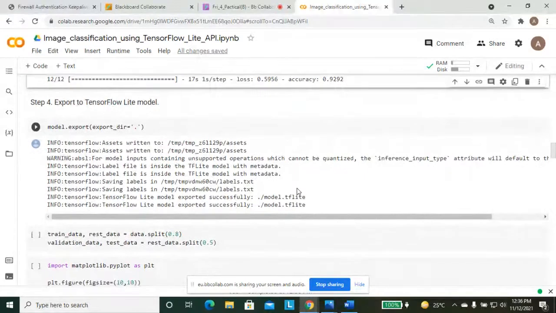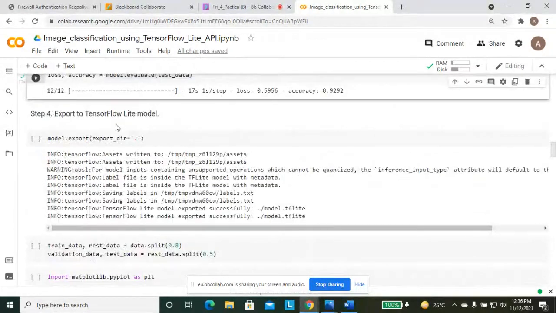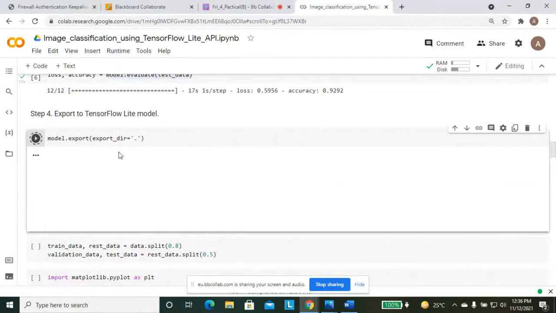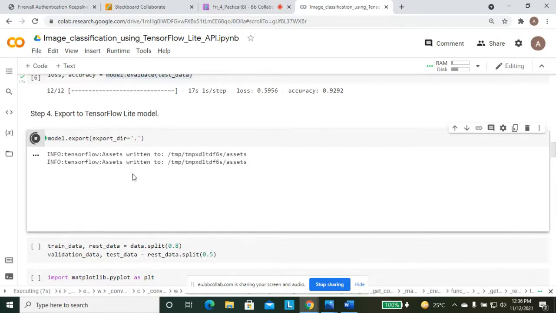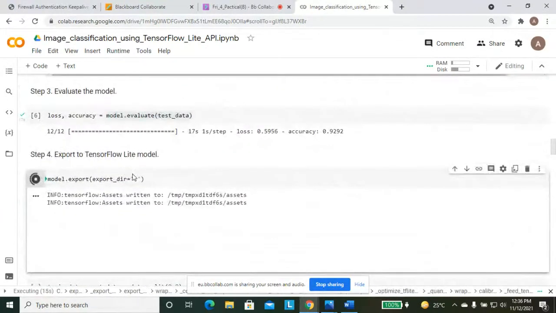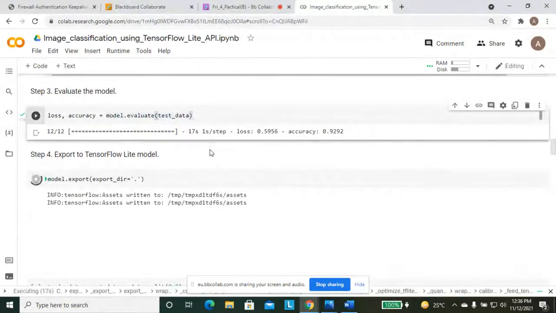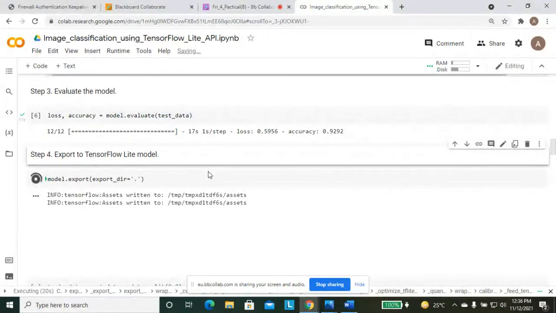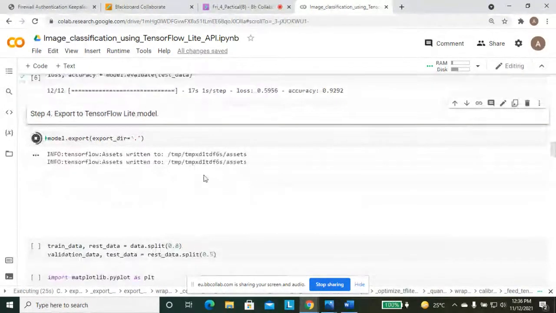Now in the second stage, we are exporting our trained data to TensorFlow. With model.export, we are exporting the data to TensorFlow in one directory. We have the trained data after image classification, and that trained data we are exporting. Now you can use this any number of times, because now it is your trained data and you are exporting it to some location. So you can use it any number of times in any application. That depends on you.